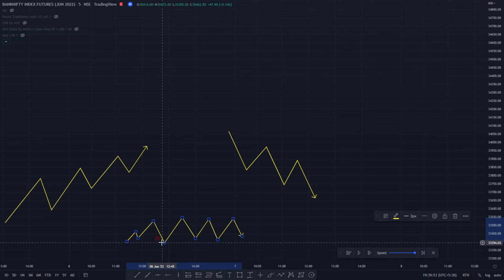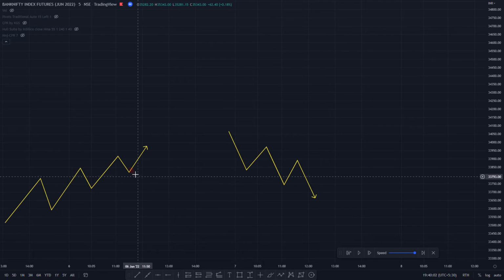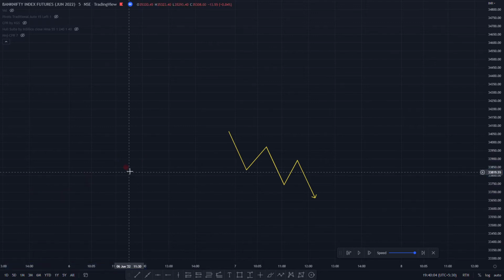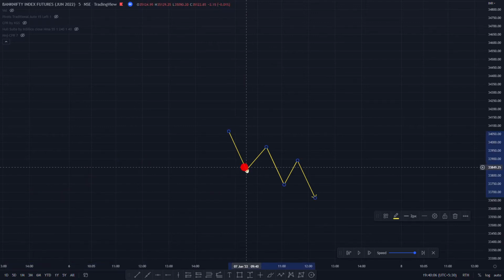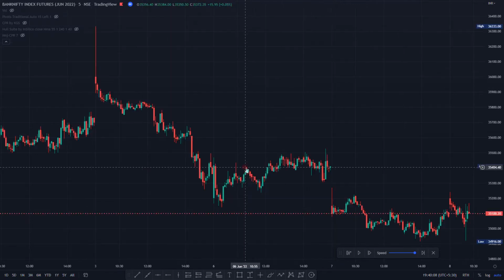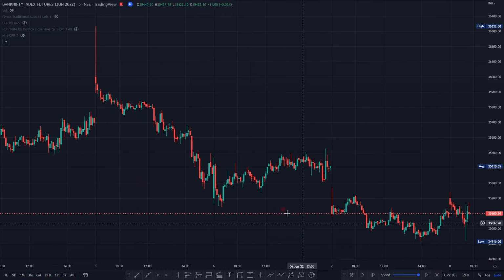Now most people actually don't trade in ranging markets because they clearly don't know what is about to happen to the price next. So moving on, now we are going to move directly into the candlestick. Let me just delete it first. Alright, so moving on here, we are into the price chart now, the real price chart of Bank Nifty